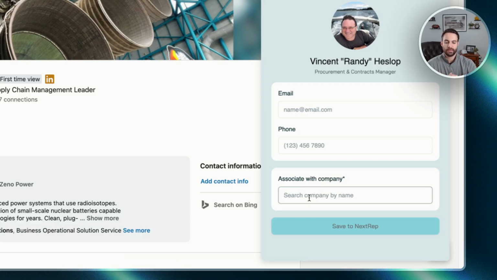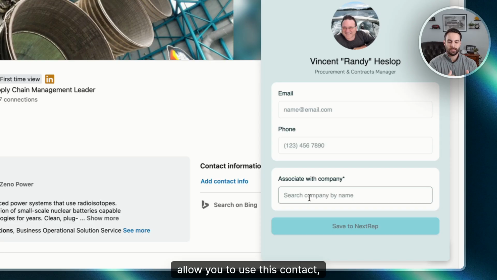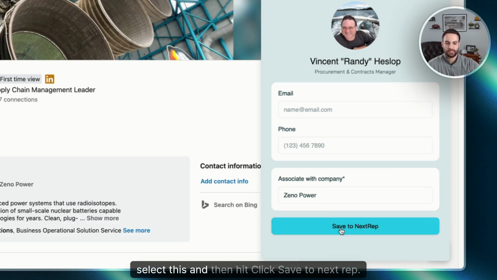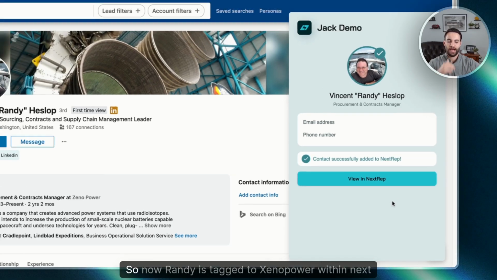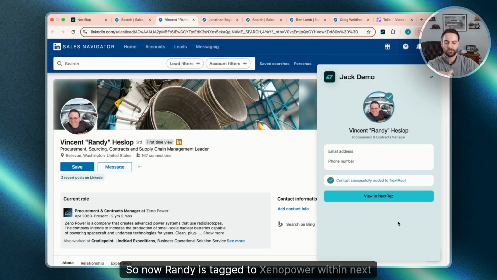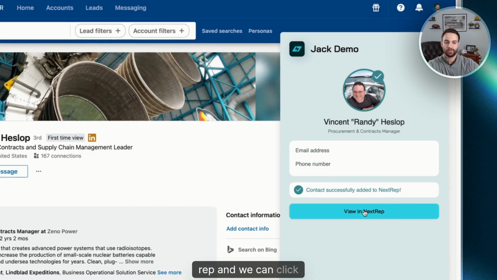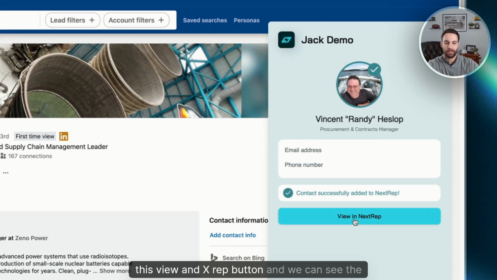But the key step here is to associate this contact with the correct company. This is what's going to allow you to use this contact for the specific signal. So this is going to be for Zeno Power. So we just type in Zeno Power, select this, and then click Save to NextRep. So now Randy is tagged to Zeno Power within NextRep, and we can click this View in NextRep button, and